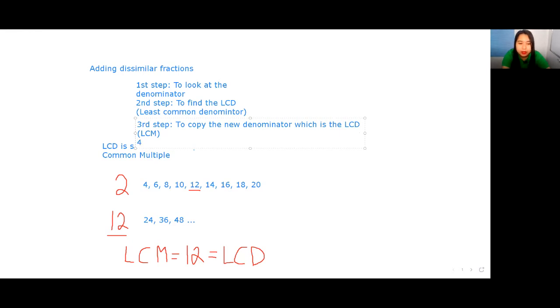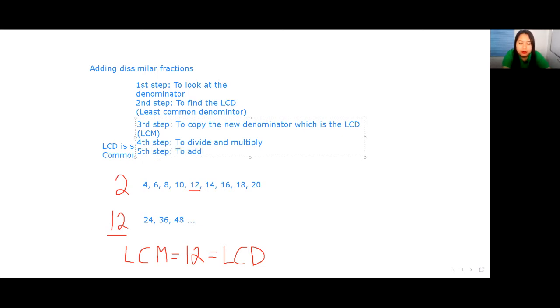The fourth step is to divide and multiply. So how? It is to divide the LCD by the denominator and multiply the answer by the numerator. And the final step, the fifth step, is to